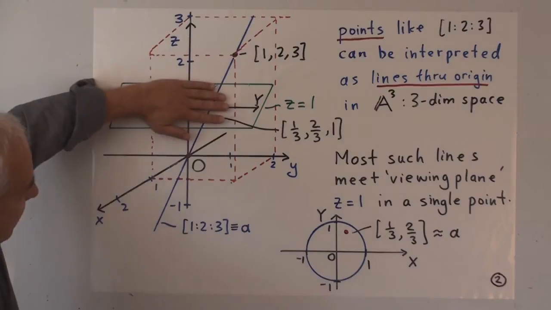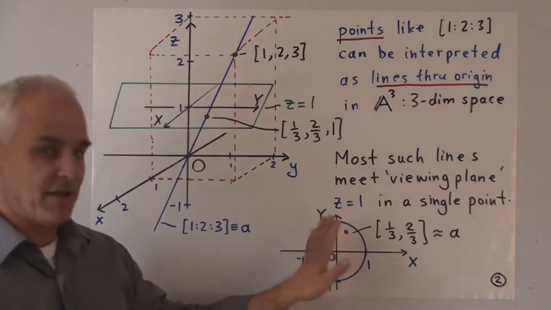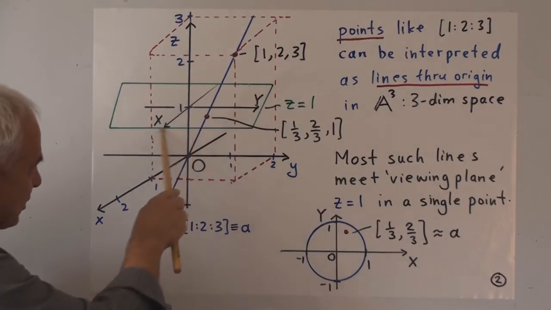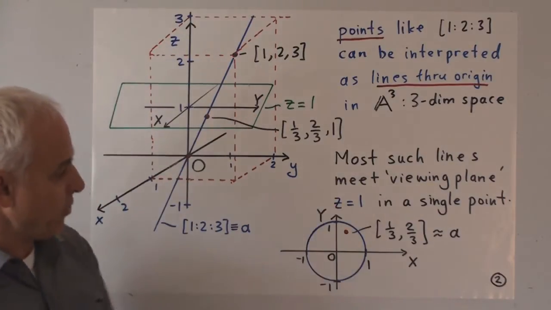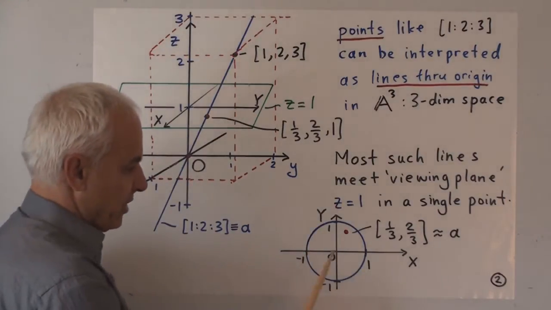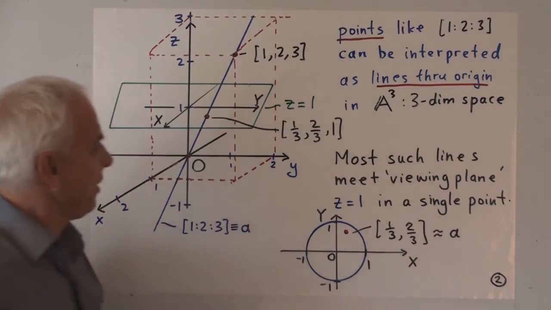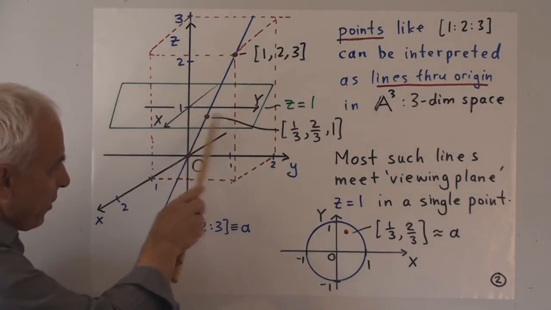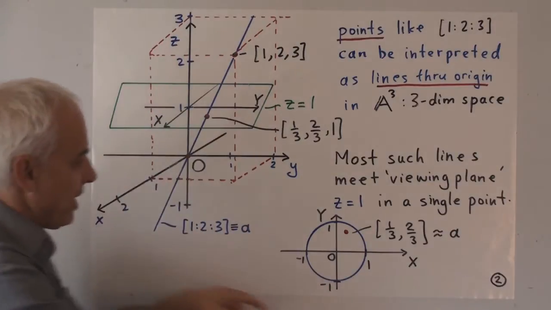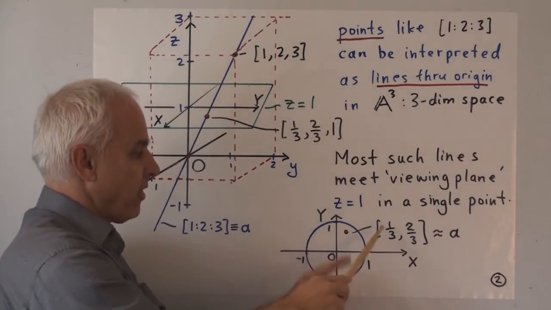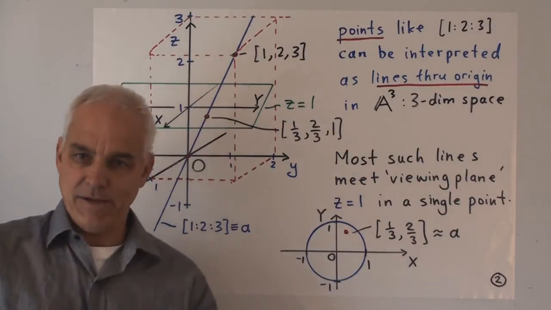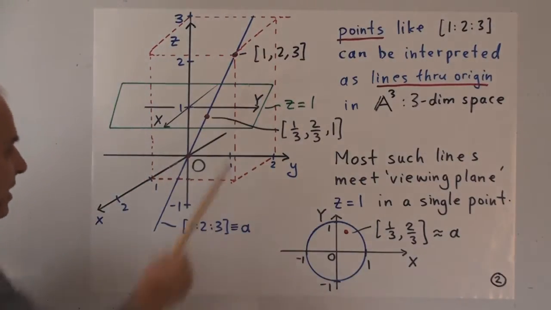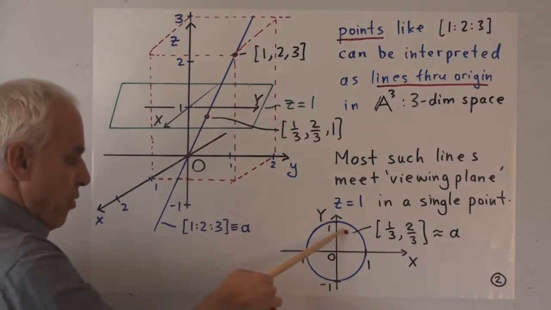And then we can take this plane and move it into a standard position so that the x direction and the y direction are now oriented in the standard way. X direction in that way, y direction in that way. And then our point 1/3, 2/3, 1 is represented now by that simple point 1/3, 2/3 in this standard affine plane. So we've represented a line through the origin now as a point.